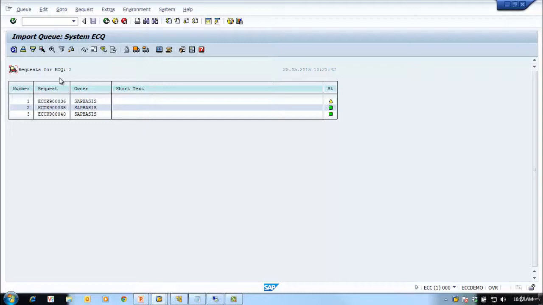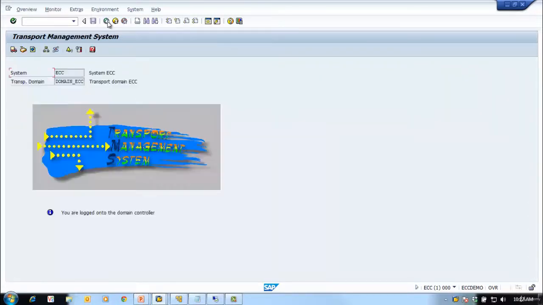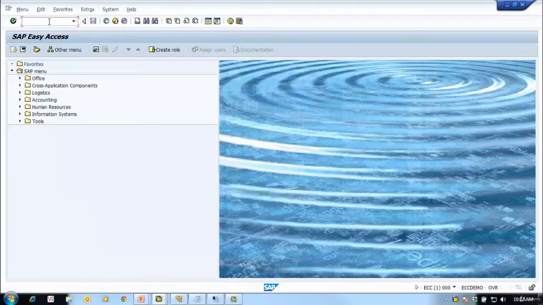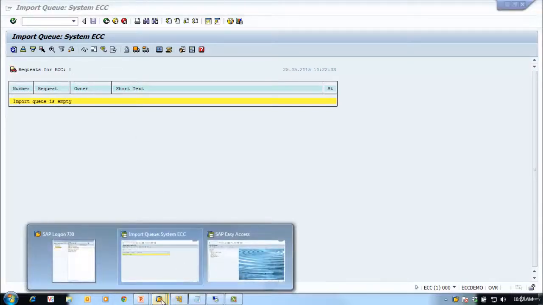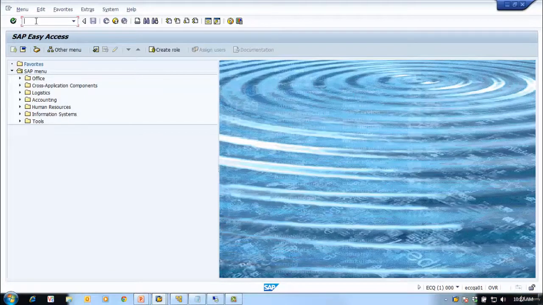So now what we are doing is, from the ECC system we are monitoring the ECQ import queue. You should be very careful about which import queue you are monitoring. This is coming through STMS. Otherwise you have a separate transaction code, let's say STMS underscore import. This will take you to the import queue of the particular system where you have logged in. Right now we are in ECC. It has 0 TR to be imported. And if I go to ECQ, STMS underscore import,